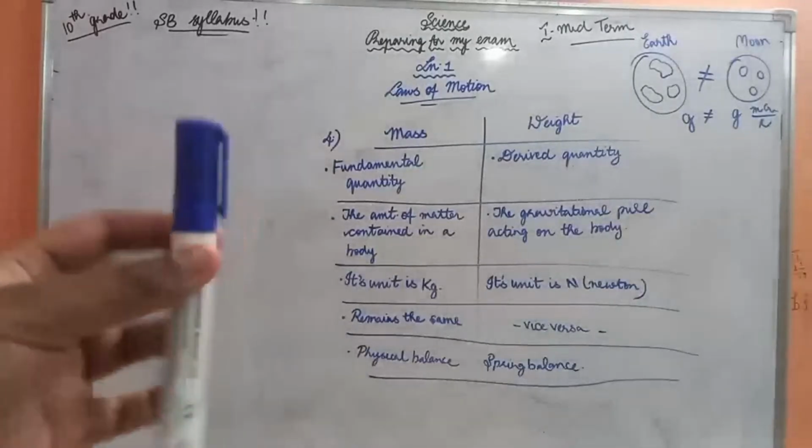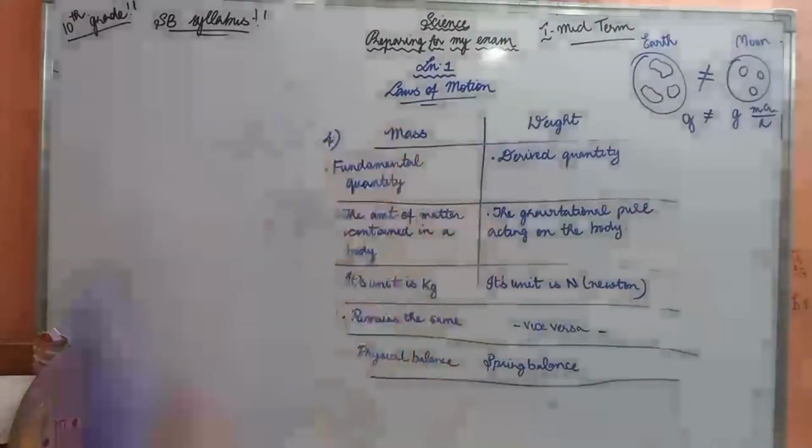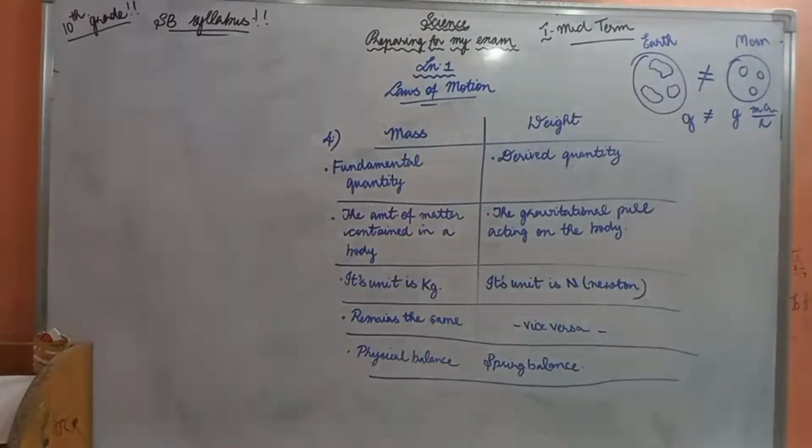The mass of the marker is 32 grams, which means the amount of matter contained in a body. And weight is the gravitational pull acting on it from the Earth, so it is standing. If it wasn't for the gravitational pull, it would be floating. The unit of mass is kilogram and the unit of weight is Newton. Mass remains the same,